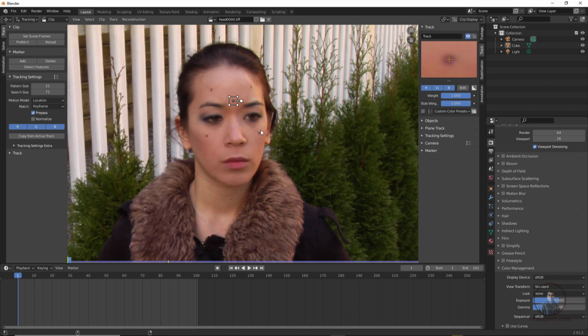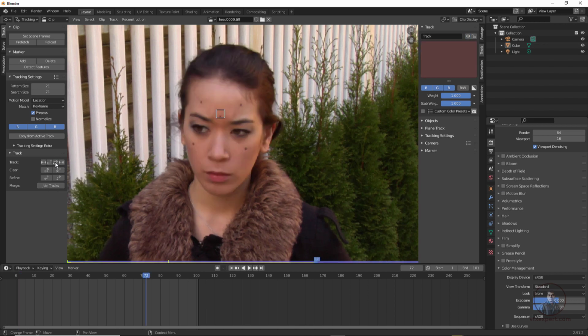Even press Alt plus S, which will also display our search area. This is mainly the pattern size and pattern area, or search region, search area. Now after this we have to track this one. Down below you will get these track options. Just open this one. These are for forward tracking and these are for backward tracking. Now simply click on this one.